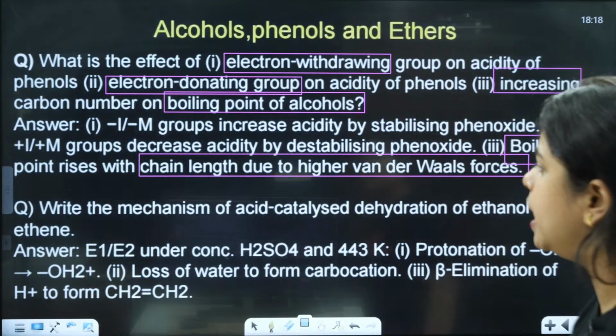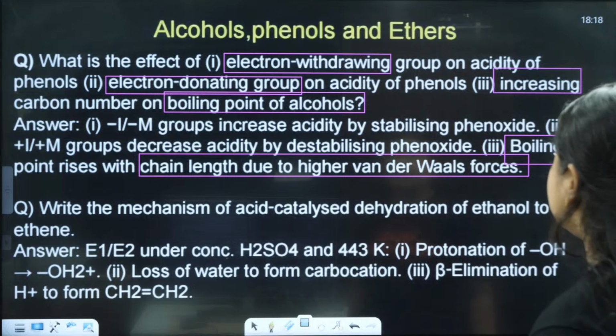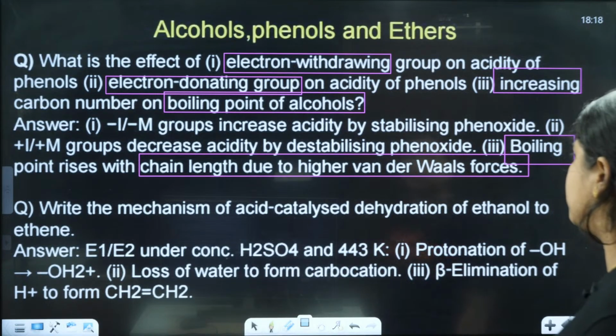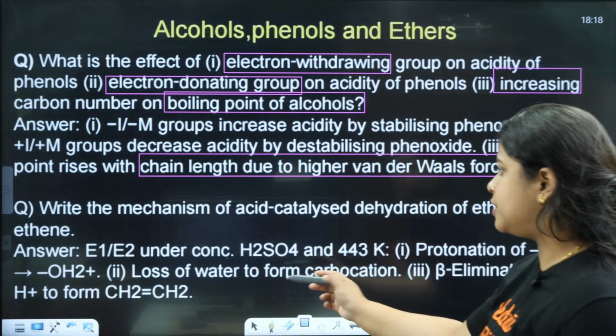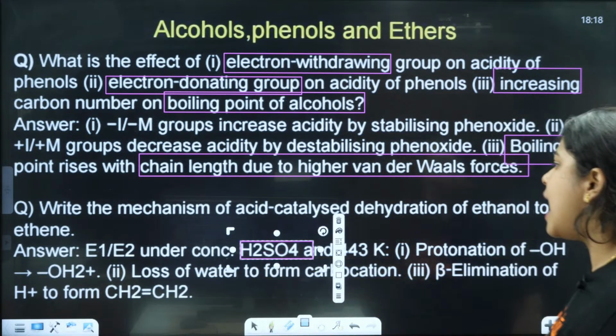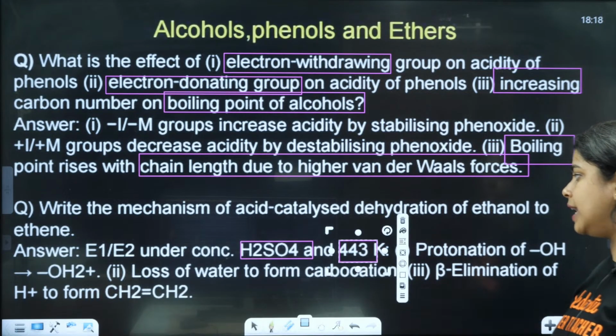This is going to be the reaction. Now next one is what? Write the mechanism of acid catalyzed dehydration of ethanol to ethene. Okay, with concentrated H2SO4 and at a temperature of almost 413 Kelvin, if we are taking it,